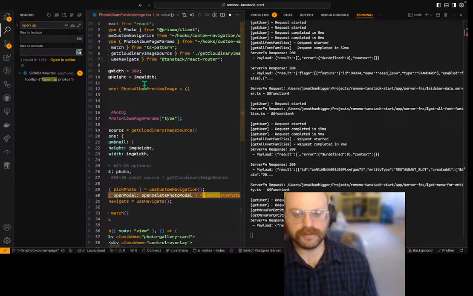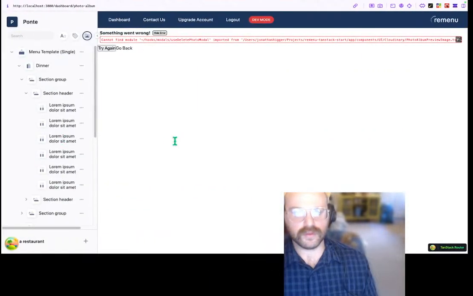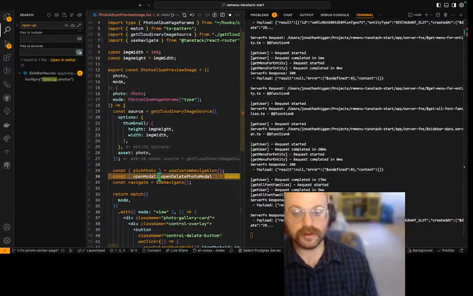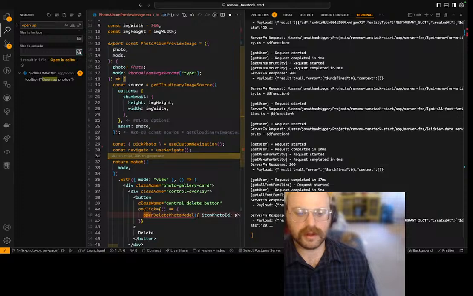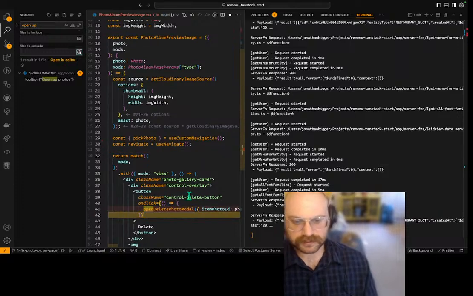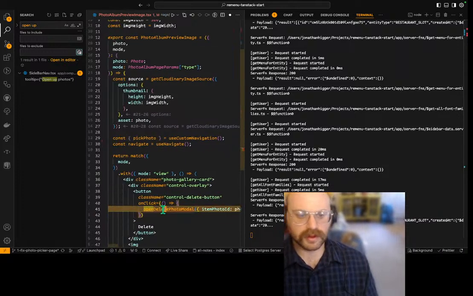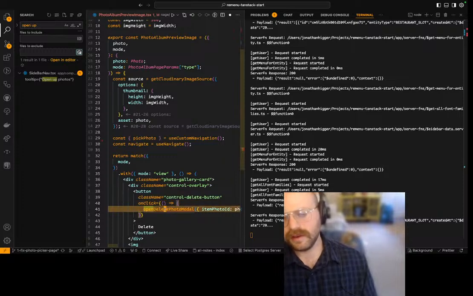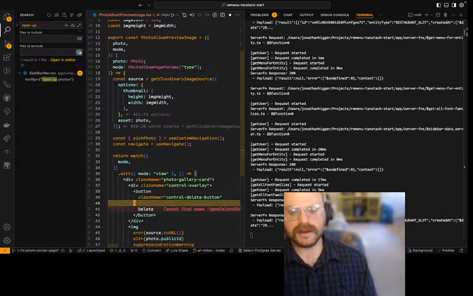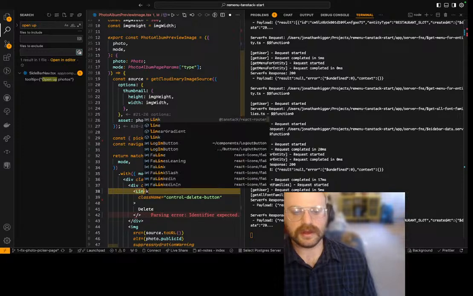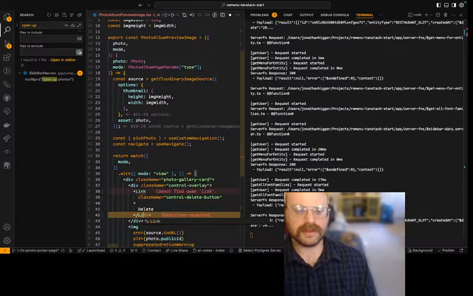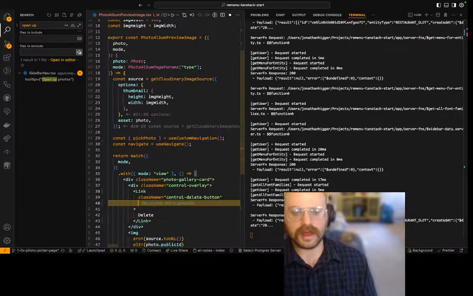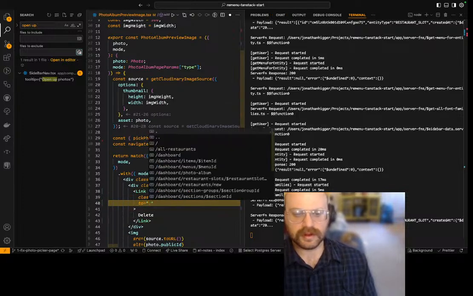So now we need to make sure that this use delete modal, instead of being open delete modal, delete photo modal. So this is kind of cool because now instead of it being a button, it could be a link, which has that auto preloading capabilities. And we just need to make sure that we go to,